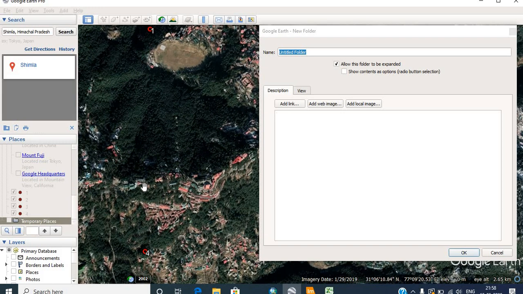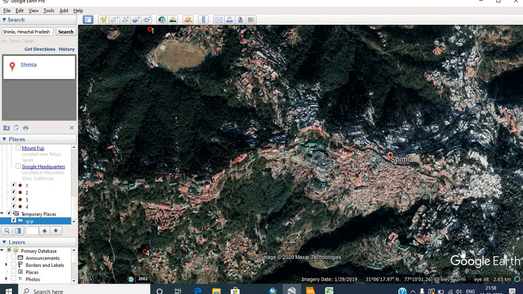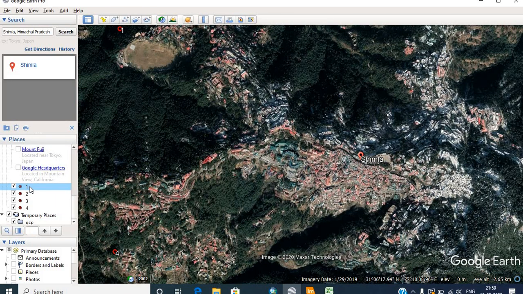It could be named GCPs, click OK. Now keep all these points using the drag button in this GCP folder.